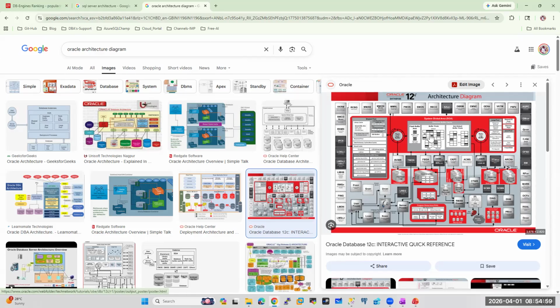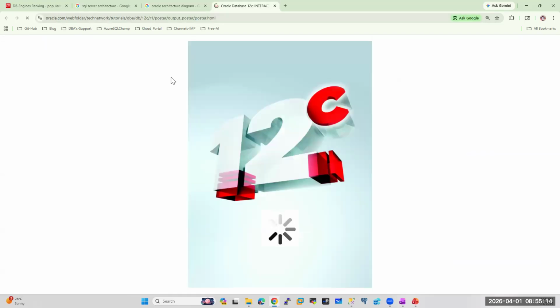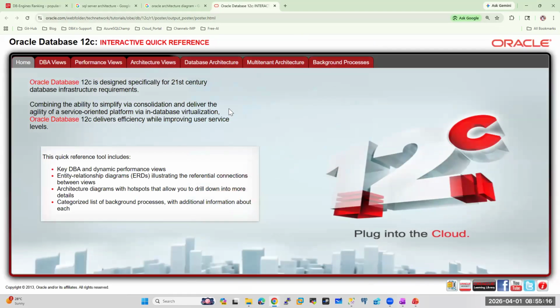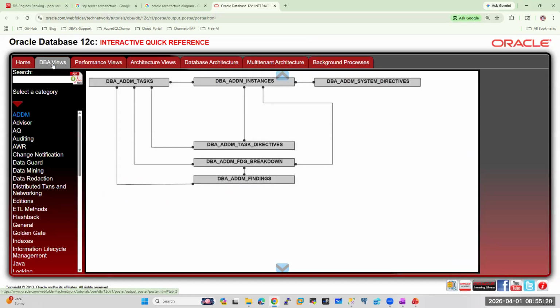You may think SQL is very easy because it has fewer components, but when you go for Oracle, this many things are available when you just click on open. The same things we do in SQL also. The only problem is the diagram.